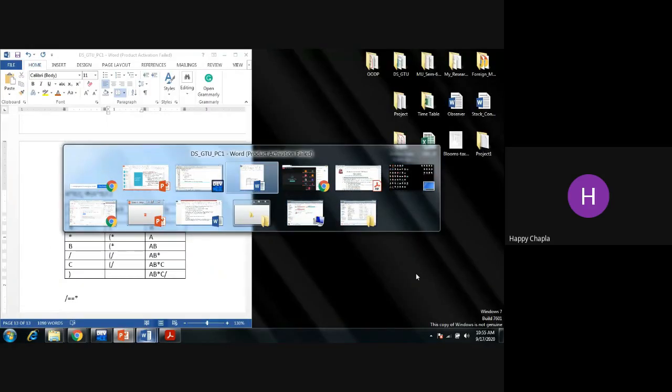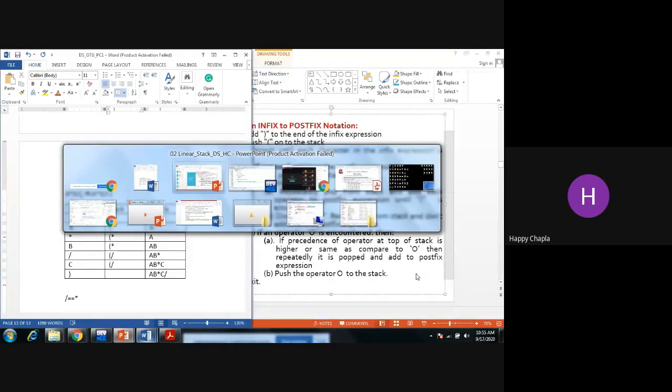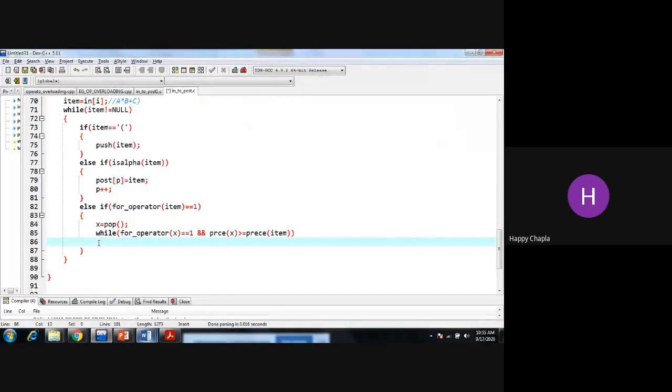So we need to pop out that element, and after popping, insert it into the output. So output of p is equal to my x. If it is greater, increment the value of p plus plus, and the incoming operator, my item 1, right, where do I have to put it? Push into the stack.